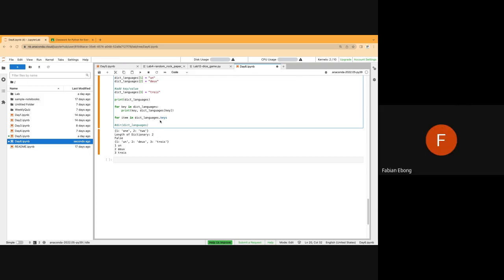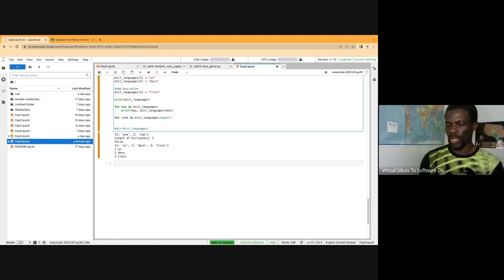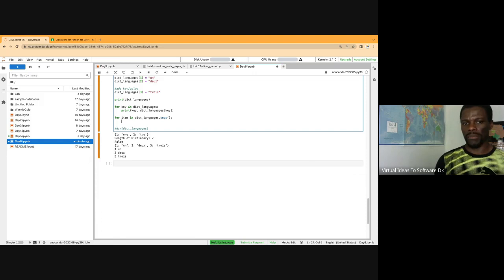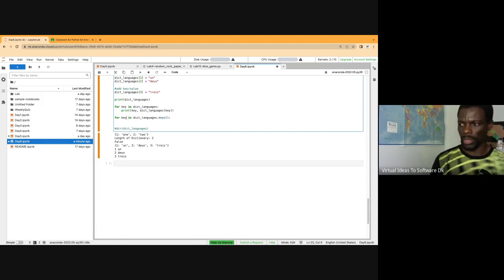We still need keys to complete the compound statement. Use that, and you should be able to print now. Actually, instead of item, let me just call it key to be consistent. So now I can print